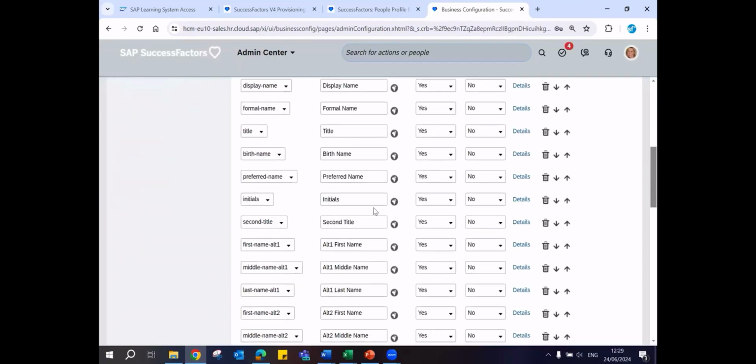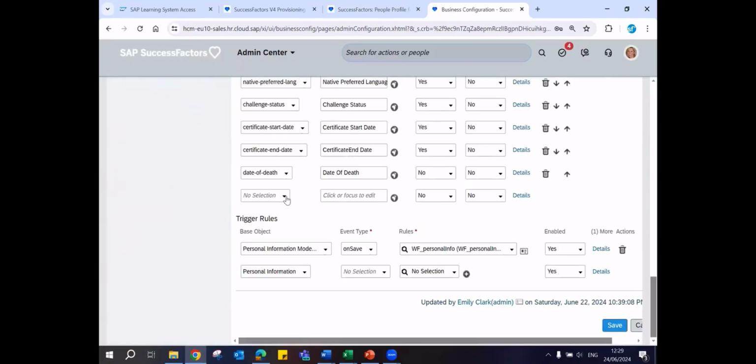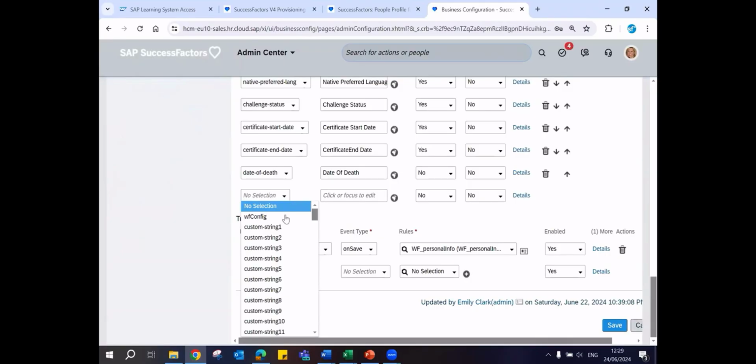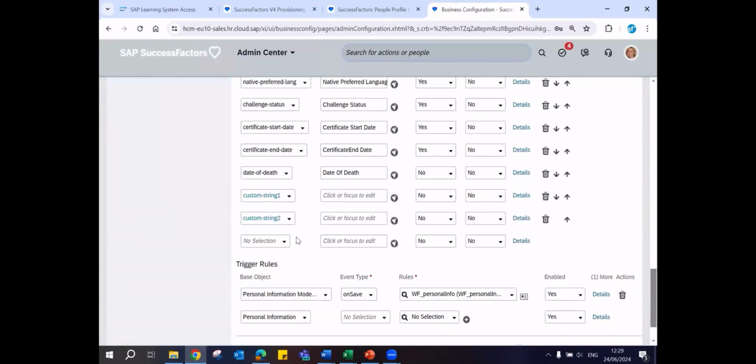Or if I want to add a custom field, going to the bottom, I'll have a place at the bottom to add custom fields. One line item is there and I can add up to 70 custom fields. In every screen of SuccessFactors, 70 custom fields can be added. So just select custom string 1, 2, 3 like this, multiple. Add one more, a line item gets added. Add another, one more line item gets added. Like that, it keeps on giving you a place to add more fields.